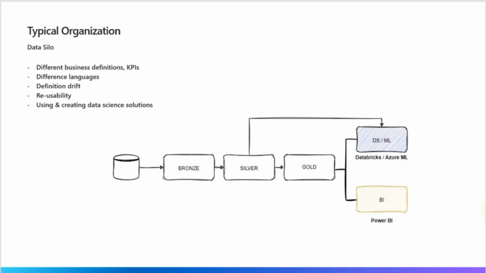So there is no way to really reconcile that on any platform. They could change their definitions, and if that happens, then the predictions that have been created by the data scientists could be off and no longer valid. Reusability of these definitions and KPIs and the features, meaning each of them are going to create net sales. So why should they create